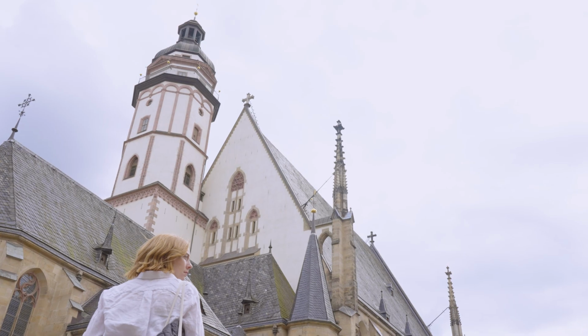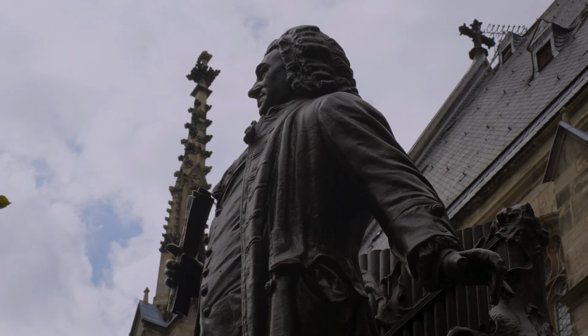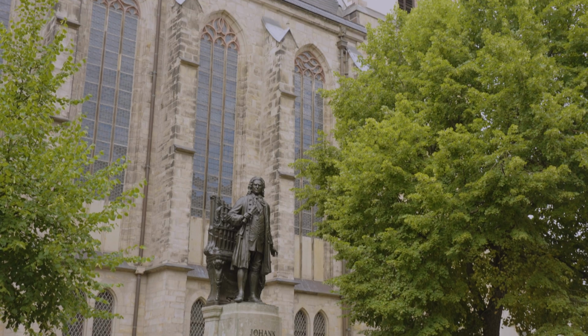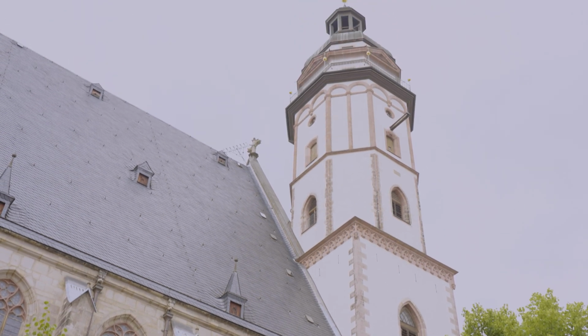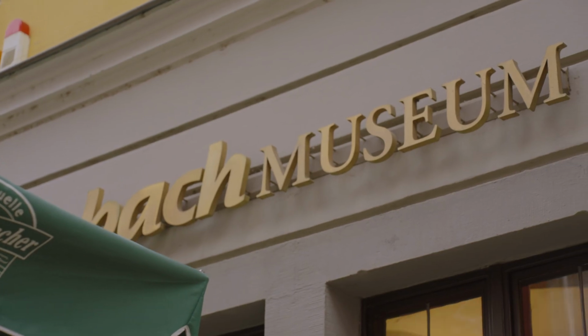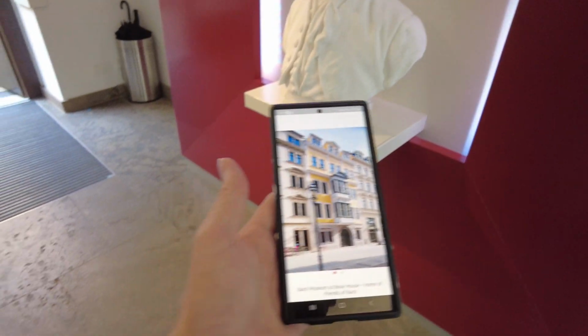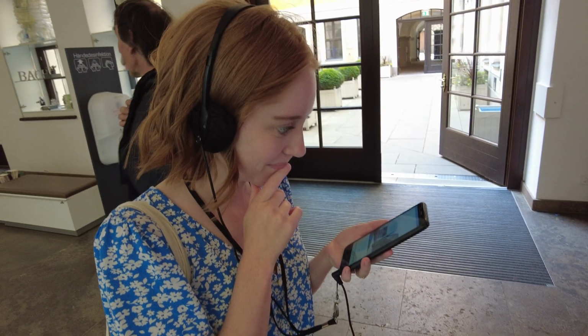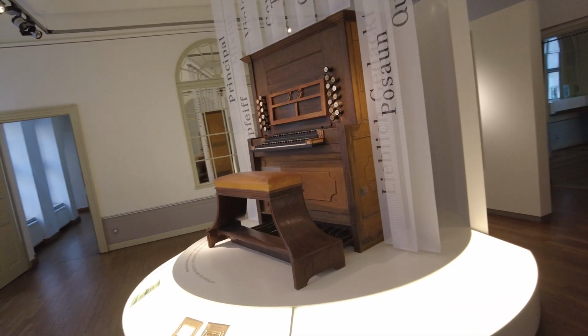This little square is probably my favorite in Leipzig, and right at the center is a statue of Johann Sebastian Bach. The famous composer and musician took up residency in the St. Thomas Church in 1723 and was later buried right here. Right across the square is the Bach Museum, and that was probably my favorite activity while we've been here. It's a really well put together museum, accessible and interactive. I highly recommend it, especially if you happen to be here on the first Tuesday of the month, when the